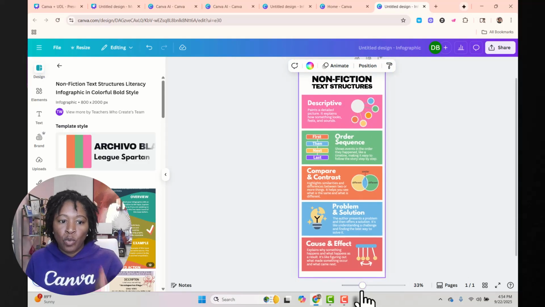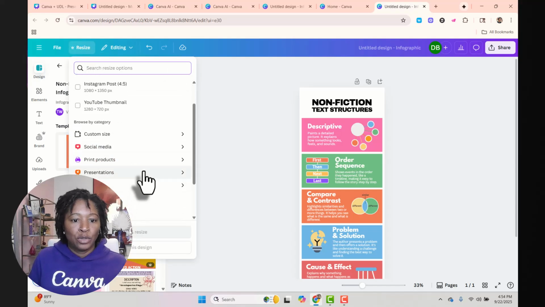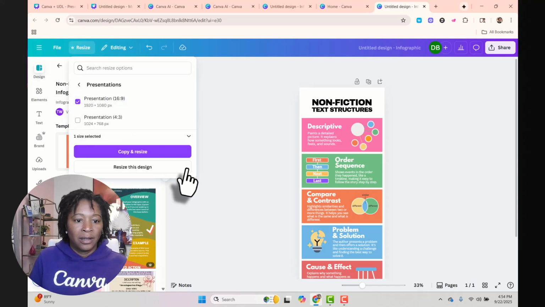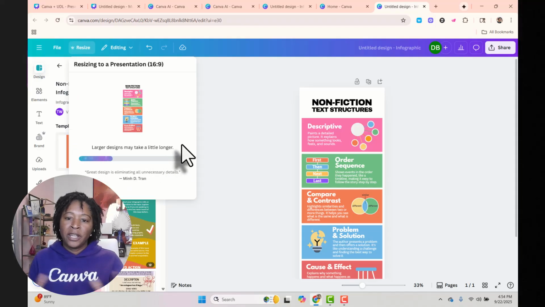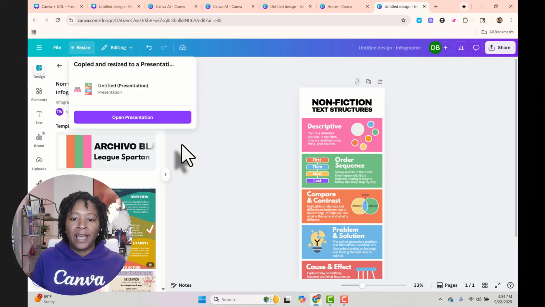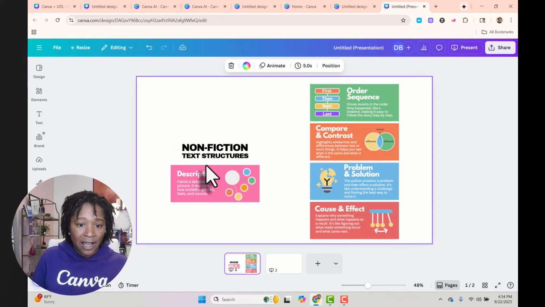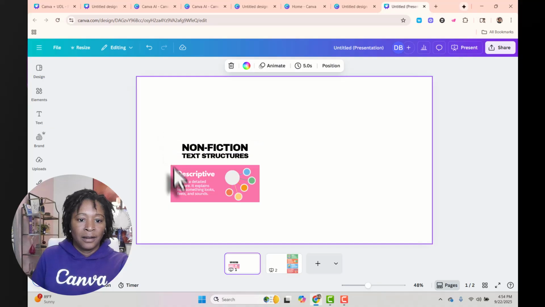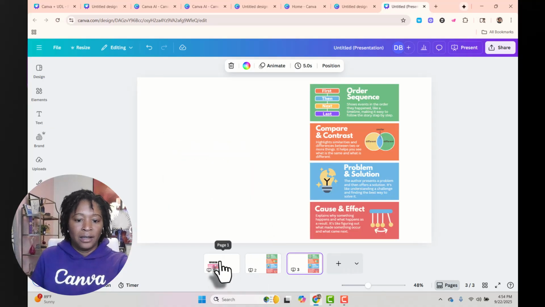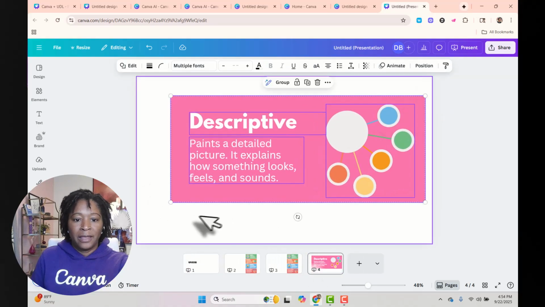Okay, maybe your students need a one-pager to refer to, but just that easy, we can come to resize and do presentation. And I can resize this design into another format and kind of copy and move things around. Turning this first slide, nonfiction text structures. Maybe copy this, move it, paste it there. I can use this as my home page, expand that,